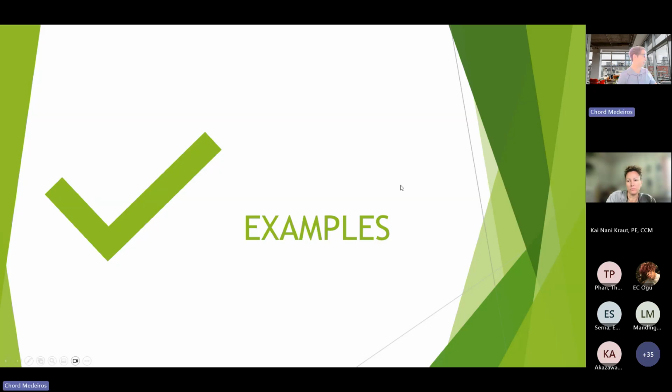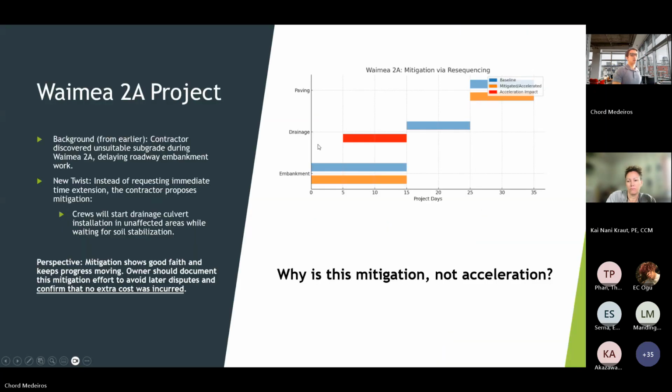All right, let's get into some of them. So we're going to reference some examples that were previously stated on our previous trainings, just for consistency purposes and to build upon them. But essentially, we're just adding a little bit of a new twist to some of these examples so that we can distinguish between